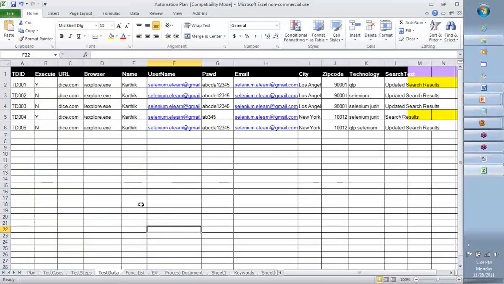All right. So I have a test data sheet that tells at a high level what are these variables that we may encounter. All right. Is this the